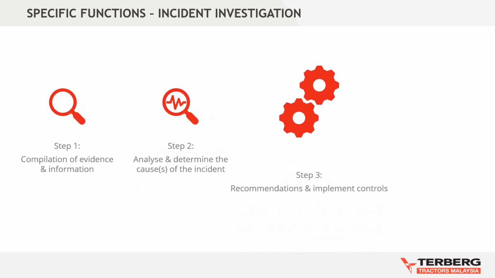Step 3: recommendations and implementation of controls. Corrective action should be identified in terms of how to prevent a recurrence and improve the overall operations of the company. If an employee violated a major or minor safety rule, the employer would need to follow its company work rule violation policy and take the corrective action necessary. ESH committee members should review investigations of all accidents to help form recommendations for appropriate corrective action to prevent future